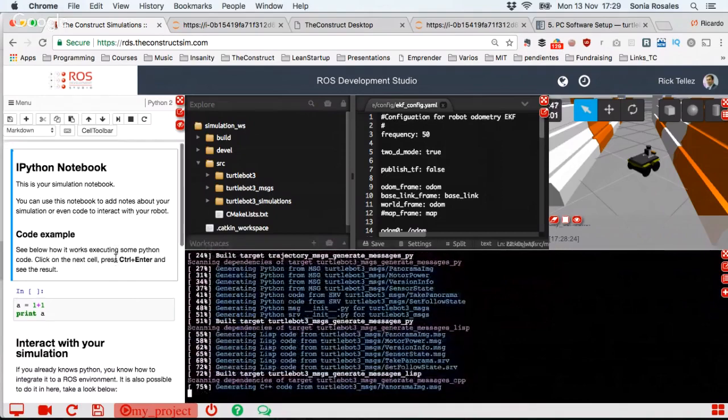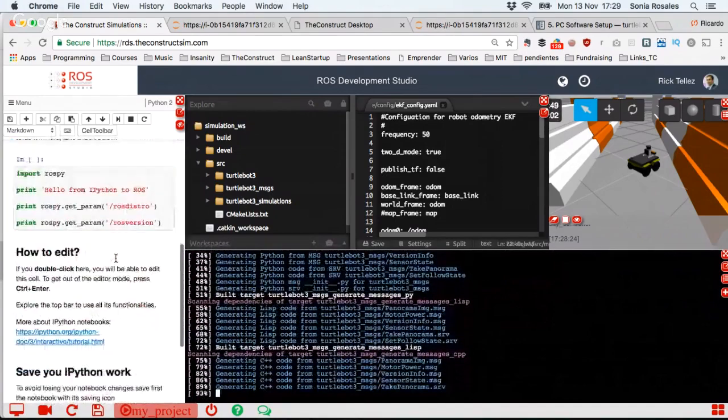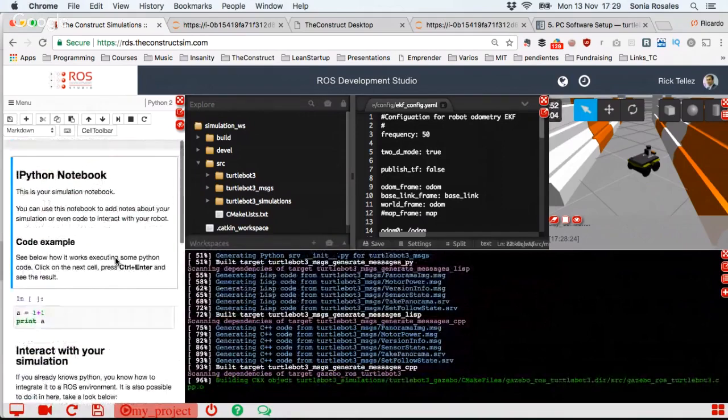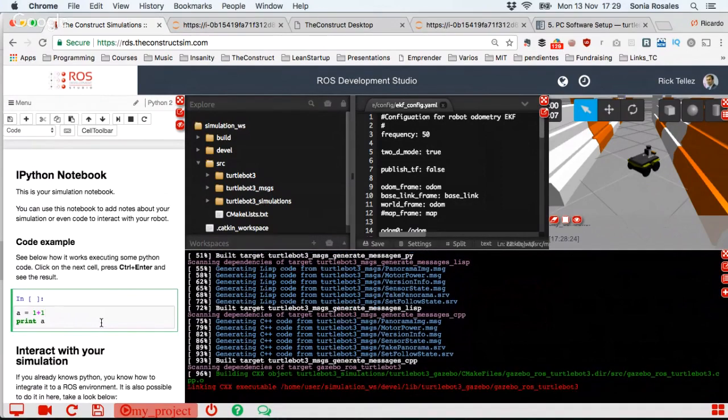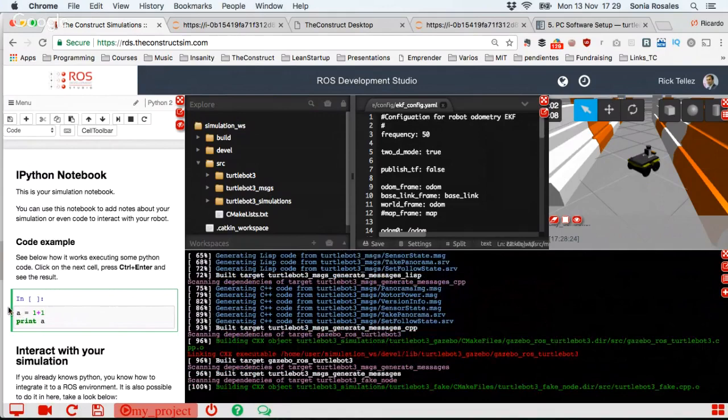And the notebook workspace contains those cells here that you can read, but also you can execute at any point in time, provided that it contains Python commands. For example, in this case, I have a Python command that sets a to 1 + 1 and then prints a. If I execute this cell,